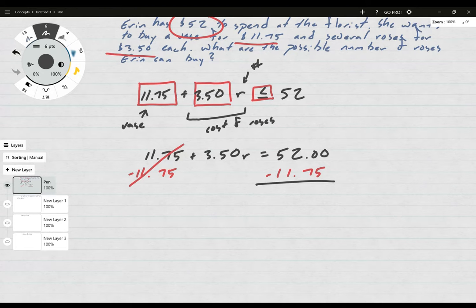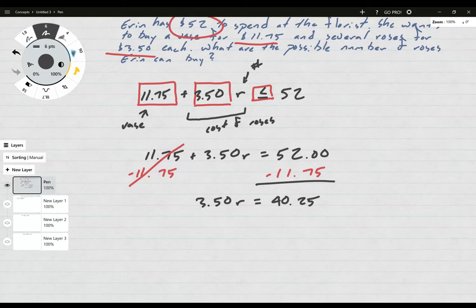Now I just do $52 minus $11.75. So all I have left now is $3.50 multiplied by r, where r represents the number of roses, which is the unknown. That's what we're solving for. Equals